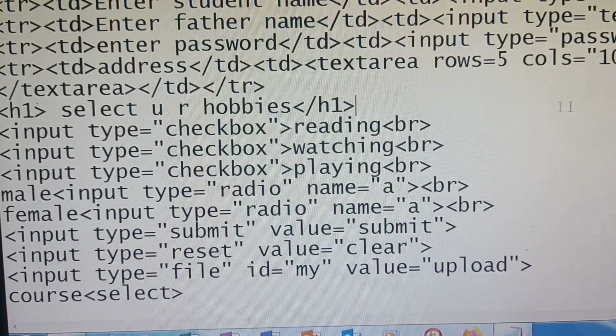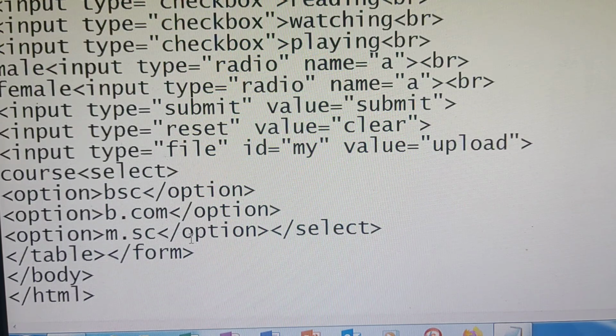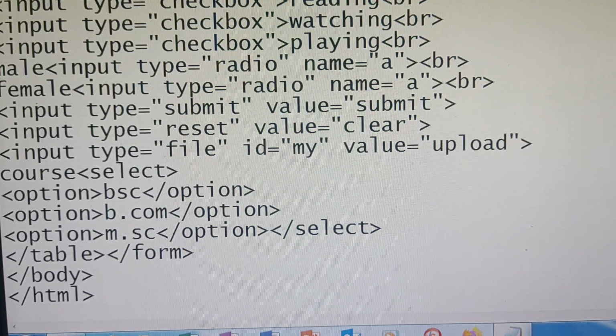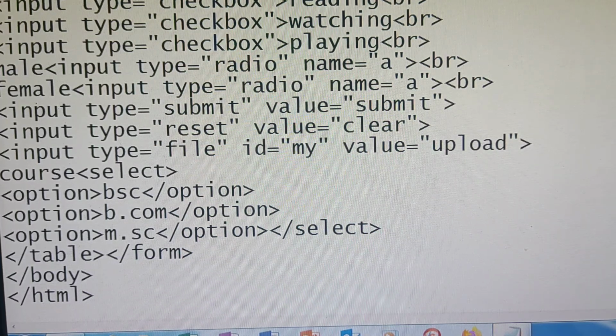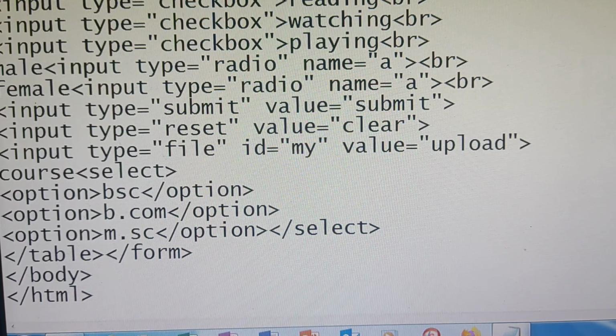Now, hobbies. Hobbies also here the same label I am displaying. This I am putting in a TR and TD, adding a colspan equals to 2, and I am closing this.